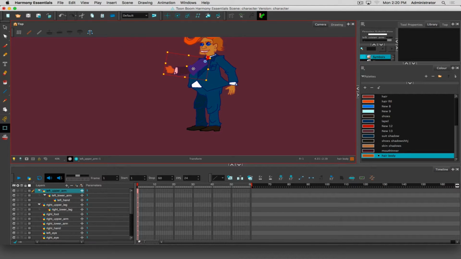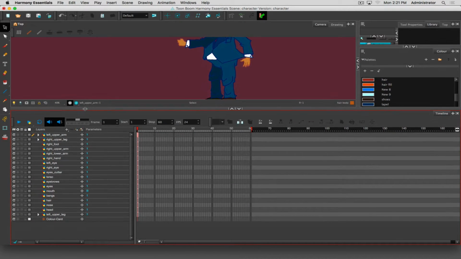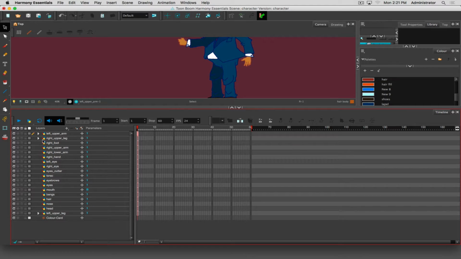And then I can now stick that arm, which should be behind the body, but if I look at it, we will see that that arm is not behind the body, but is in front of it. So I need to repeat the same process I did on the other leg. So if I just move my layers so I can see what I'm doing, I will grab the arm and I will pull that